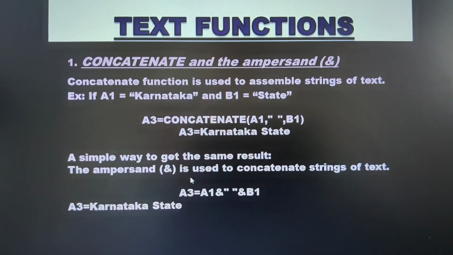That is equals to A1 ampersand. As we have already discussed, this ampersand is used to adjoin your previous string, isn't it? Whether it's a formula or a string, it will combine that into a single word. So here, in A1 ampersand double quotes, I want a blank space. To get a blank space, I have enclosed it in double quotes with a blank space. And then for this particular string, that is Karnataka, I need to adjoin the string that is in B1. So for that we need to use an ampersand.